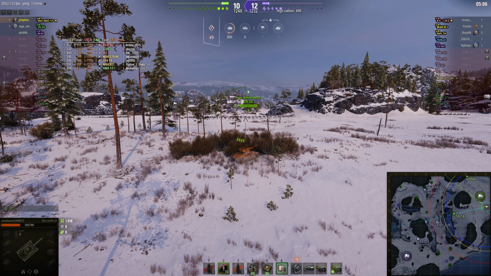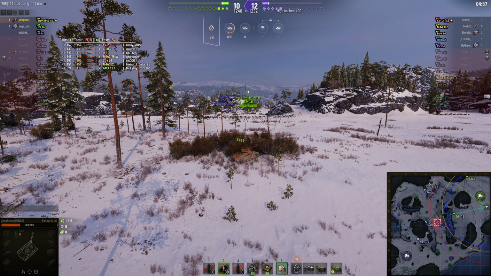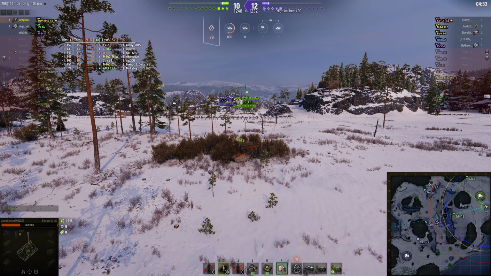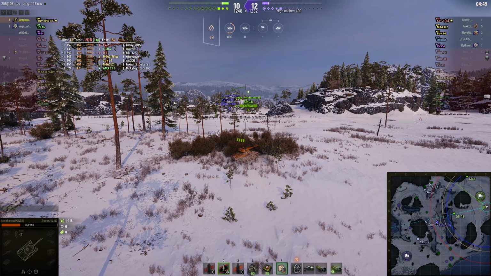5 minutes to go. Is this going to turn into a draw? We'll have to see. Oh, here comes the KV2 again. Now again, they're not really pushing. That's interesting. The 59-16 is not taking any damage out of them. Well, I guess he's deciding it's better not to shoot